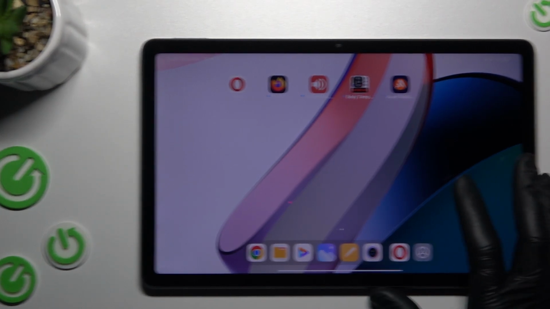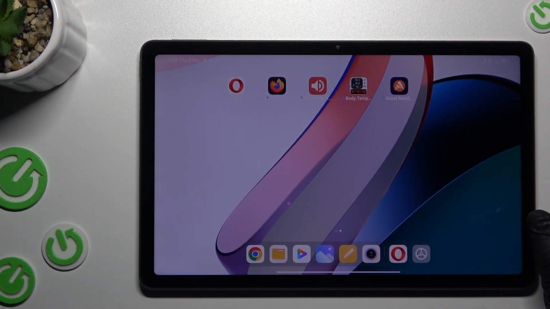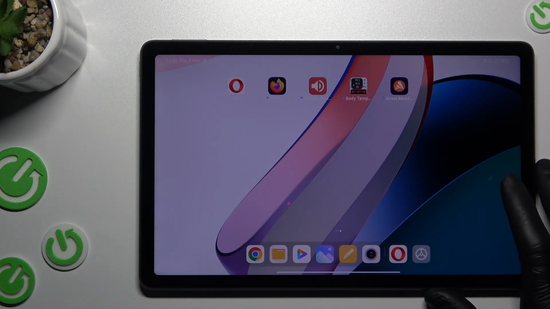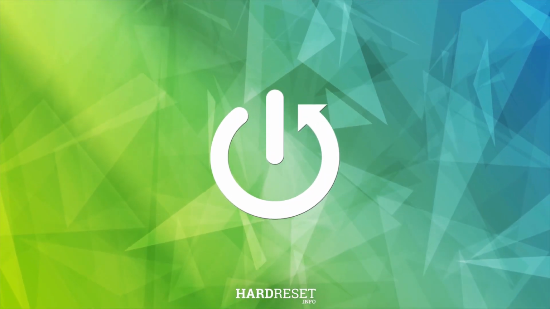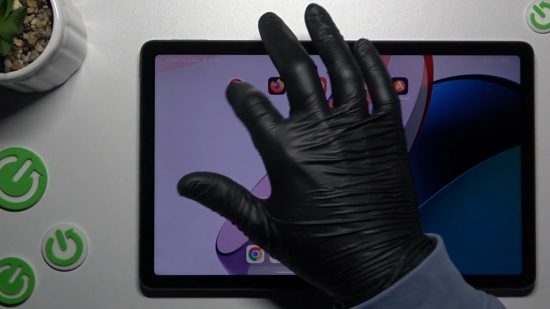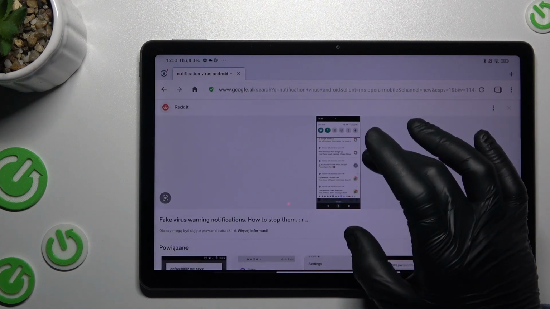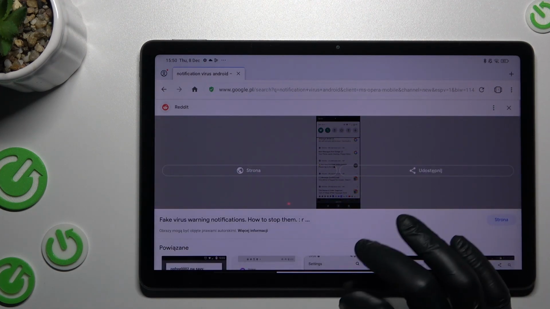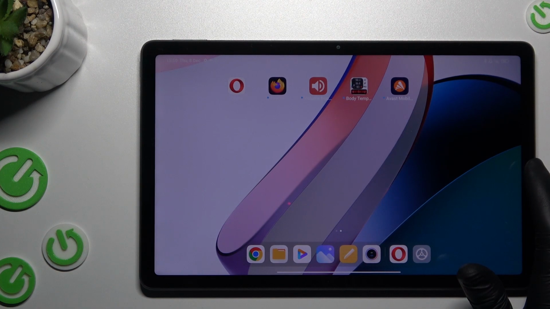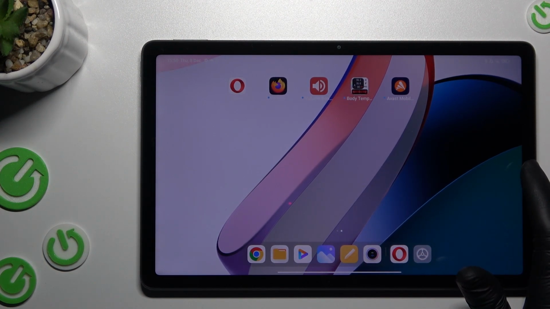Guys, here we have a Xiaomi Redmi Pad, and today I will tell you how you can try to remove a notification and any other virus from this device. So if you see something like that on your notification bar in your device, that means you have a notification virus. So we can try to remove it without any antivirus app